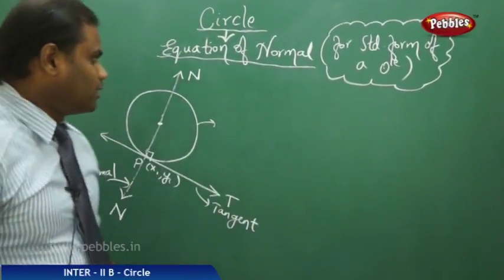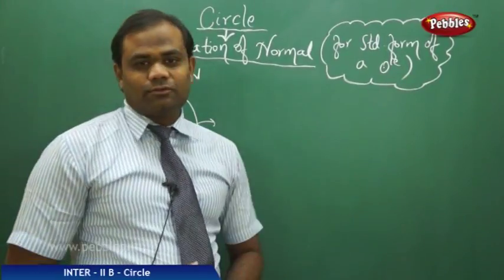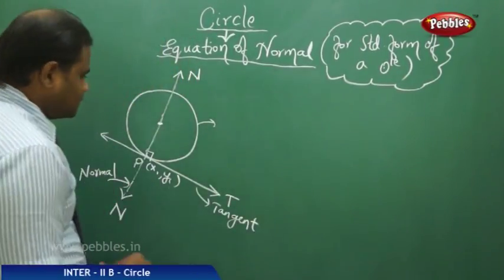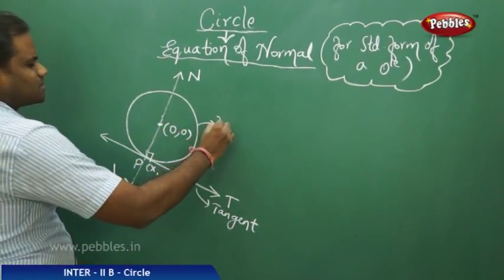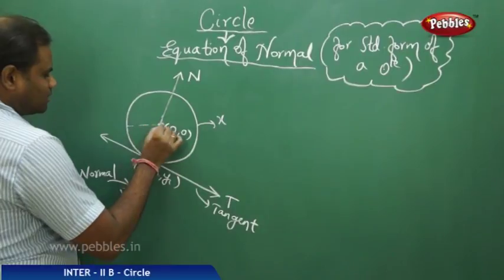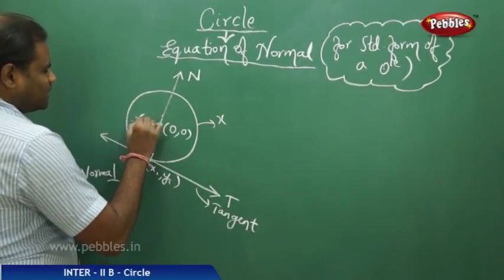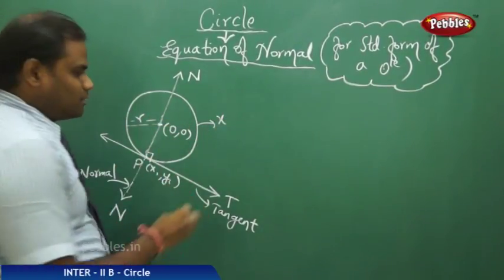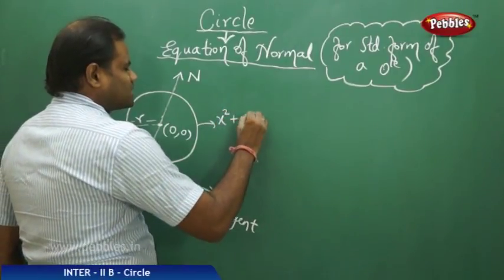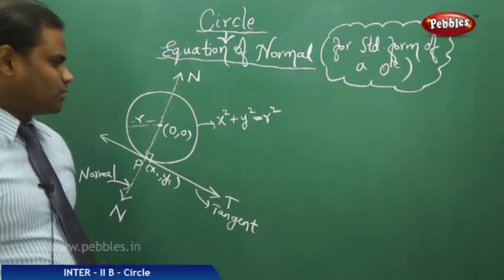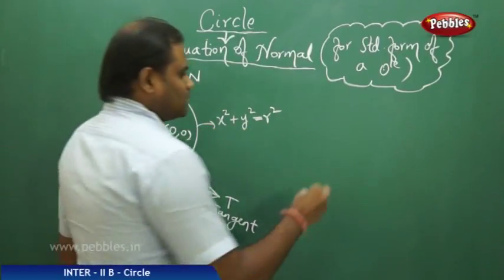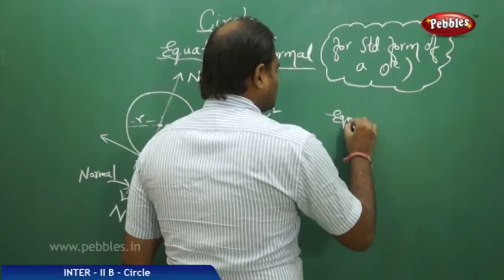Now let's derive the equation of the normal for the standard form of a circle. That is, if the circle has its center at the origin and the radius is r, then the circle has the equation in the standard form x squared plus y squared equals r squared. So for a circle in standard form, the equation of normal